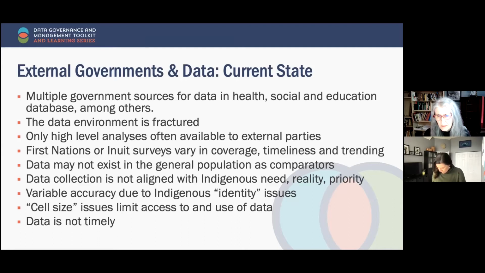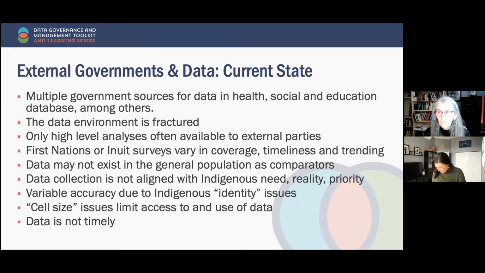Cell size issues, and this is huge for Indigenous governments. And this all comes down to privacy and privacy legislative barriers or requirements. Maybe barriers isn't the right word. There's a positive onus on all governments, yourself and others, to protect the privacy of individuals in certain circumstances. And so what governments do in terms of databases, they're saying, well, we're not going to let you have any data that represents people that are less than 5 in a group or less than 10 of a group. It really depends on the jurisdiction. And that's just so that you can't identify a person in that particular data set.